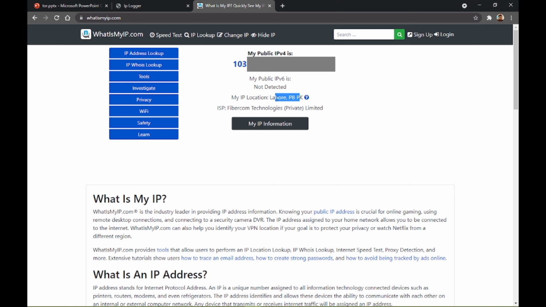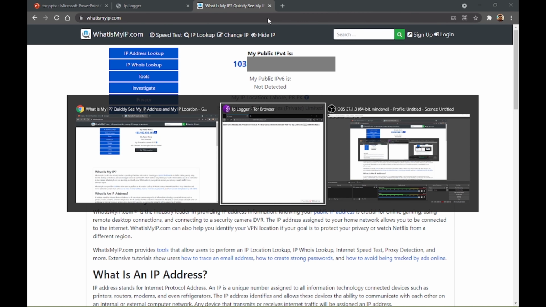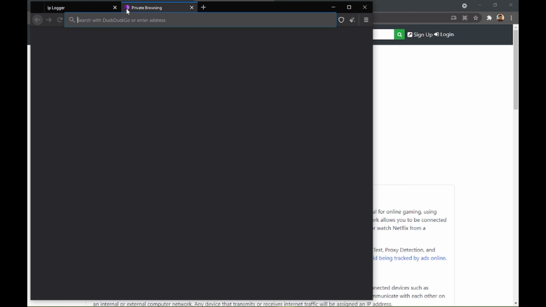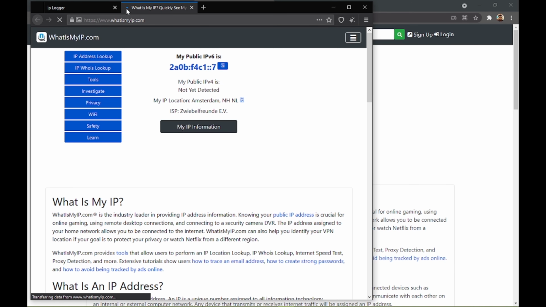I am currently in Pakistan, and you can see that it is mentioned here. Okay, let me copy this address and go to the Tor browser here. Okay, like that. This is the simple thing we have to see right now, and you can see that my ISP on Tor is this one and my country is changed here.